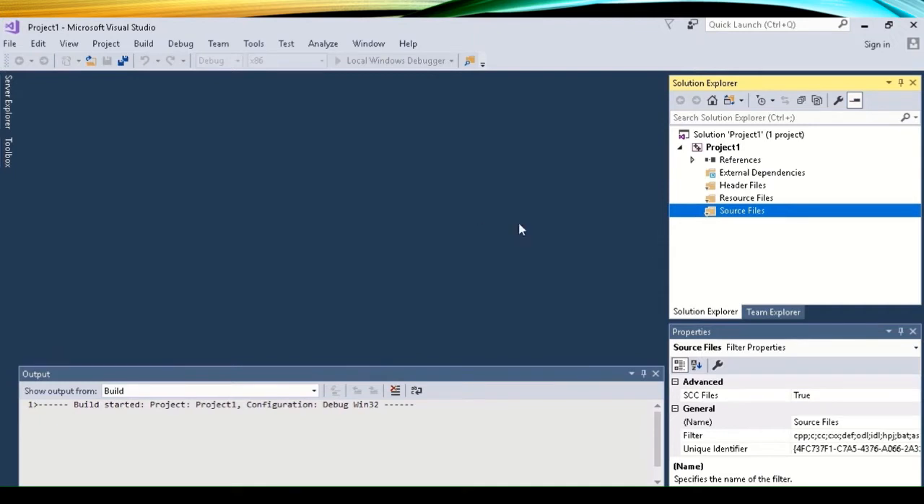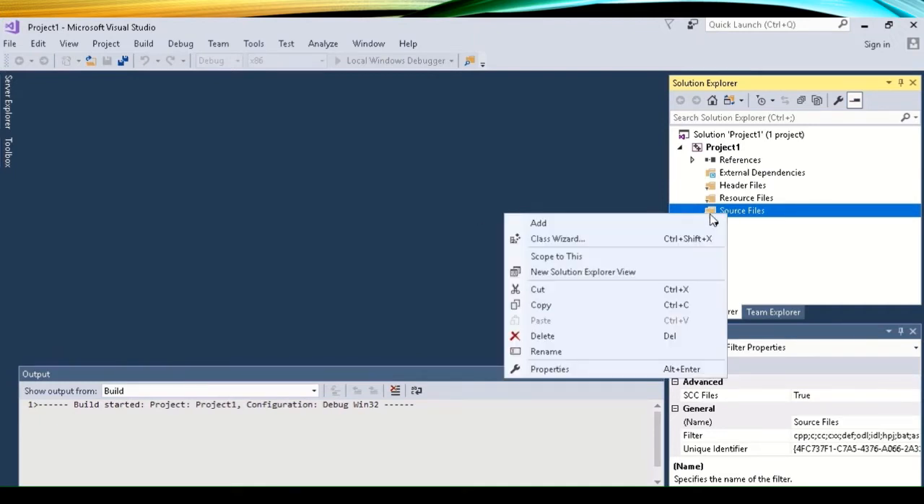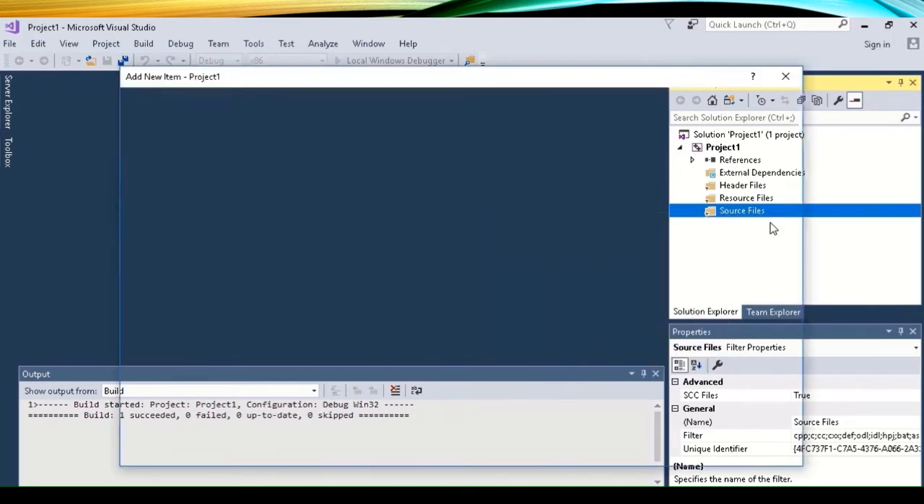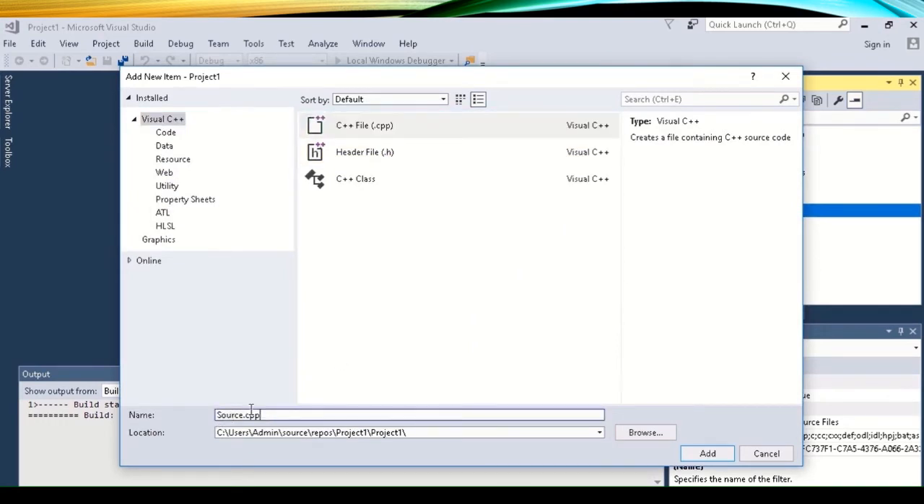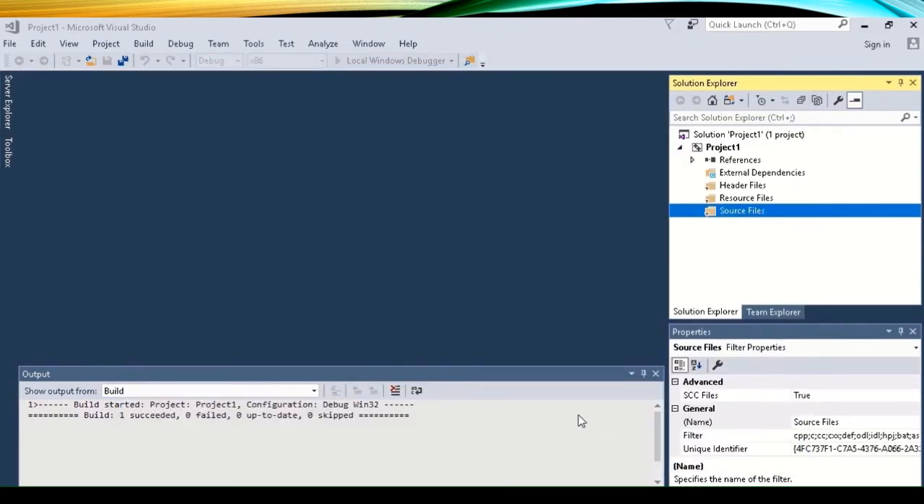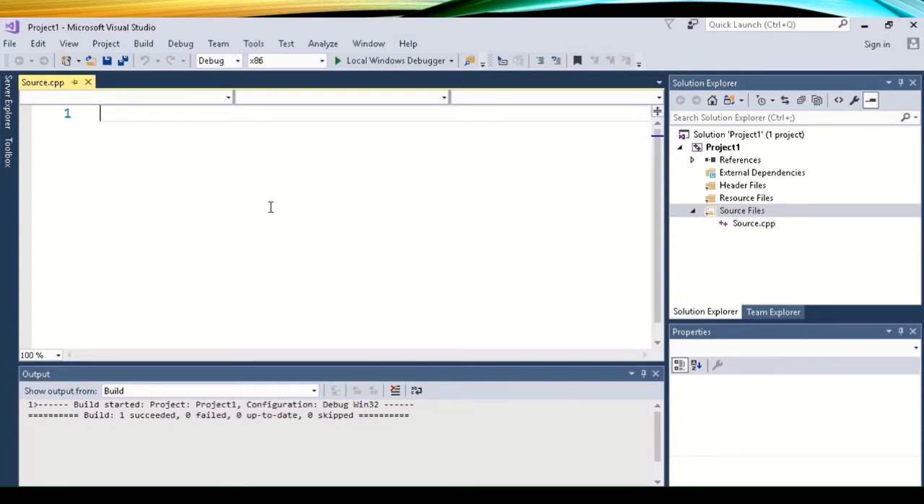We can just leave that here, and we can go to our source files and add a new item. It's going to give us some options. I want to create a CPP file. Let's just call it source.cpp. Just leave the defaults in for this example project. It should include my file and bring up the code, and I'll just do int main,